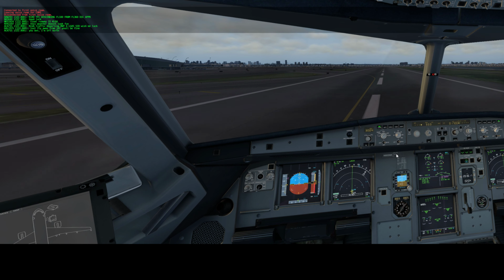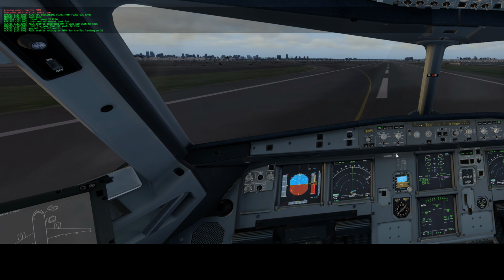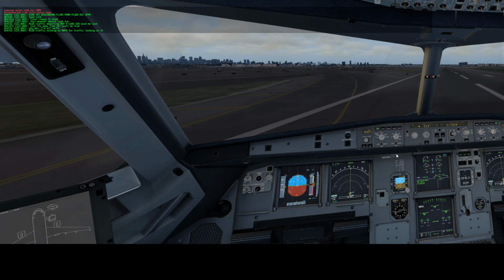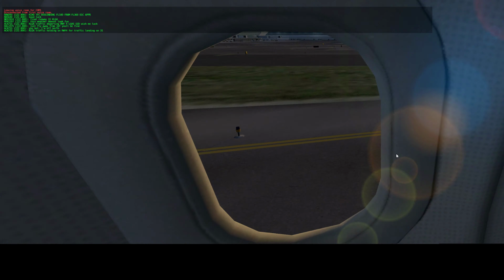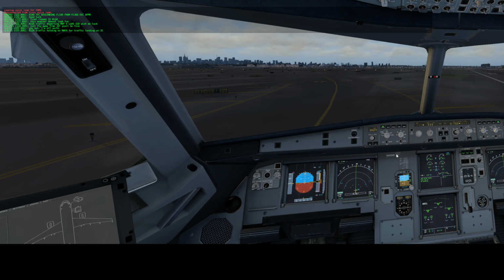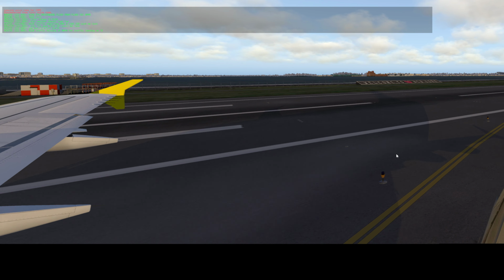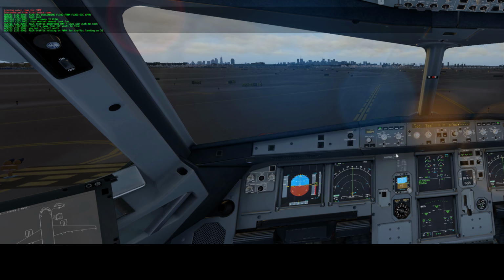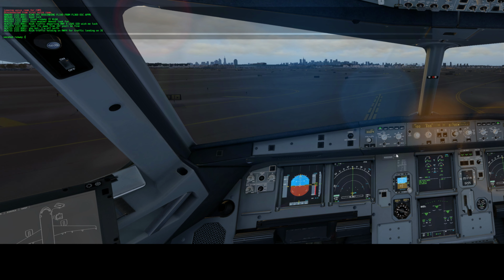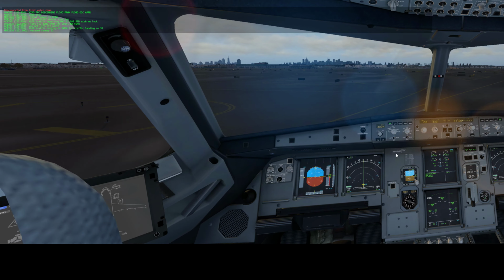Spoilers, decel and reverse green. 80 knots, out of reverse. Manual braking. Take this taxiway here. And we're down. Welcome to New York. Alright, let me let him know I'm vacated. So he can go do his thing. And we can